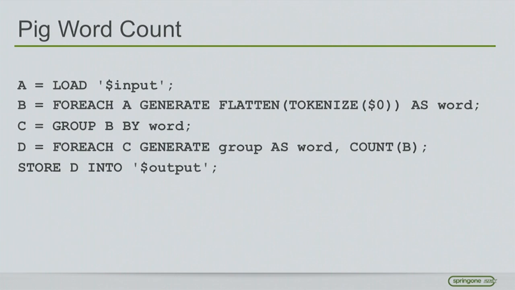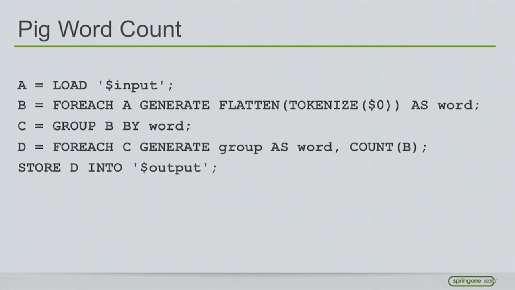Next, I'm going to group this giant list of words by word. So this creates a MapReduce job where the key, which we'll see later, is the word, and the value is essentially the word. So it's building these groups. It's essentially "the" and then a giant list of "the"s, and "atom" and a giant list of "atom"s, things like that. And the last line here, for each one of these, we're going to generate 2 columns, one of which,